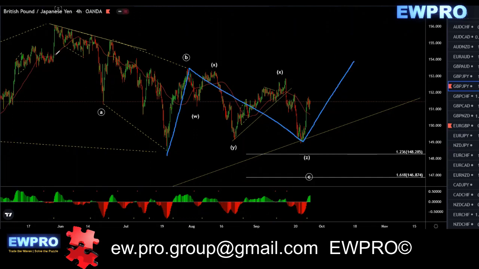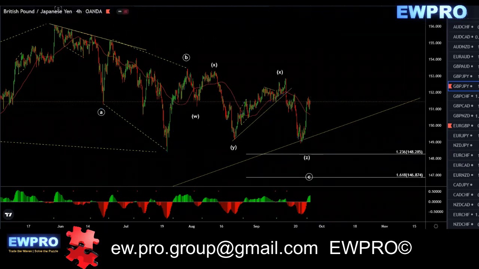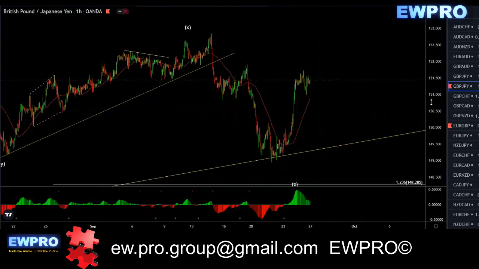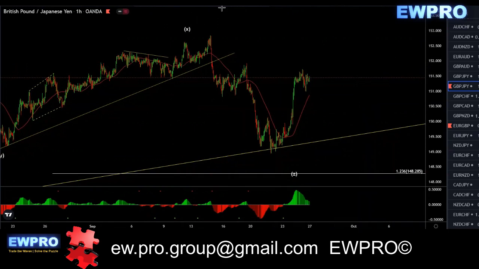Before we get a larger A, B, C, at this point it is looking more bullish than anything. On the H1, we have to be very careful. Again, we have a possible bear hidden here, so really we'd like to see it break above that, take that out, and then look for your buy setup,